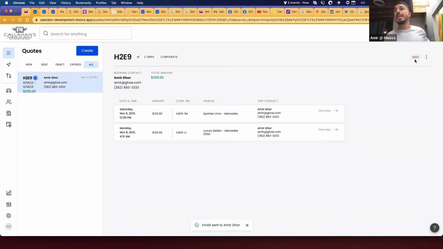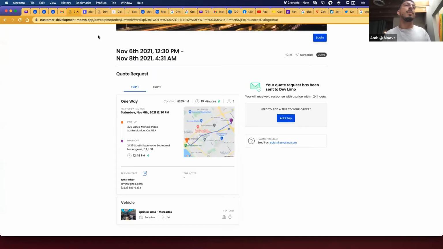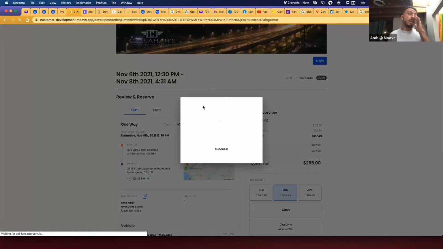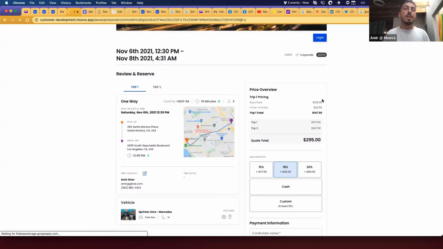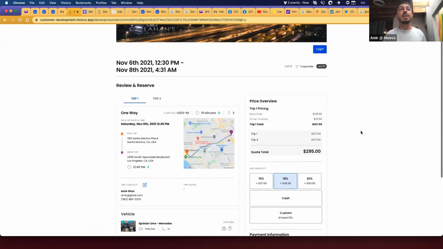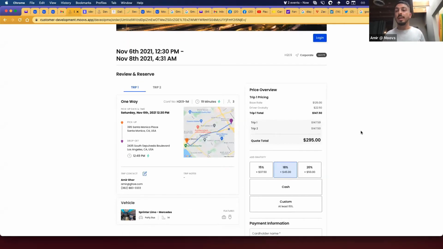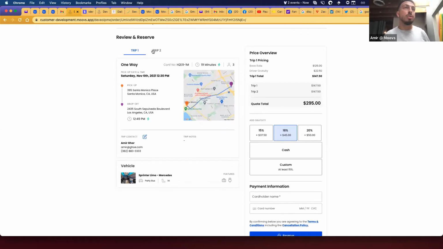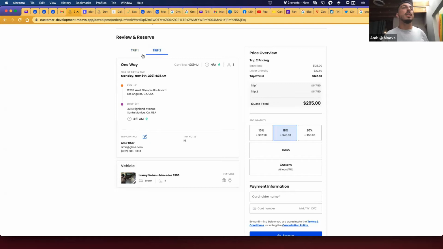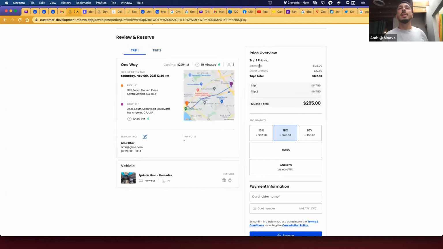Now, once this status is sent, Stephen, what really is nice in Moovs is that we can prompt. So the customer now would come back. They would click the link. And then now they come back to this and they see the reservation that's ready to be confirmed that you just processed. So now the customer sees all of this. They'll see the trip 1, trip 2 that they requested. And then over here on the right-hand side, they'll see detailed pricing as they click trip 1.